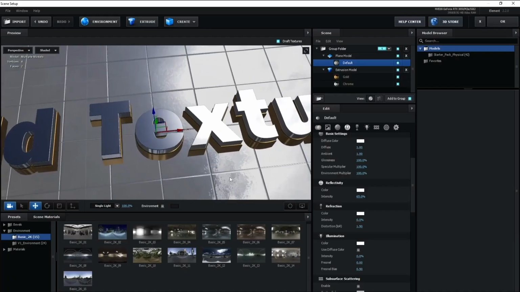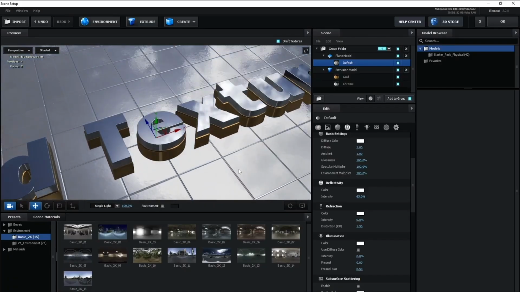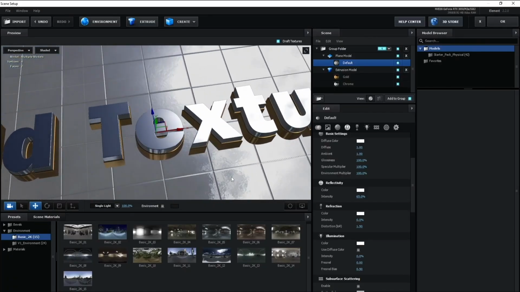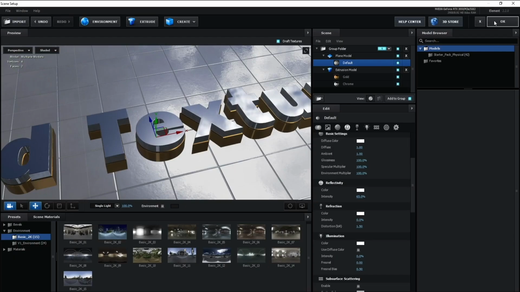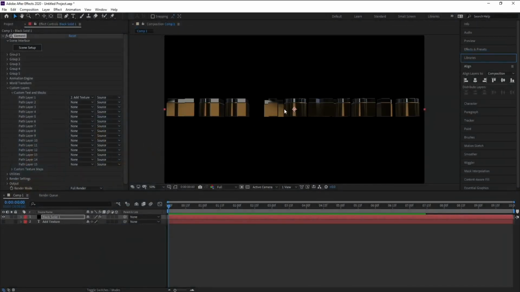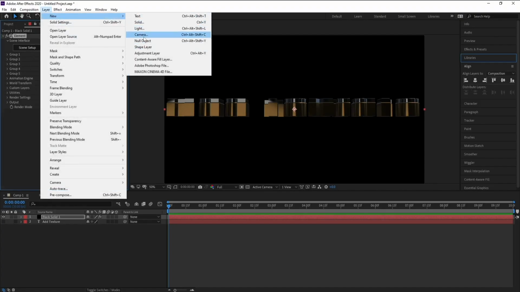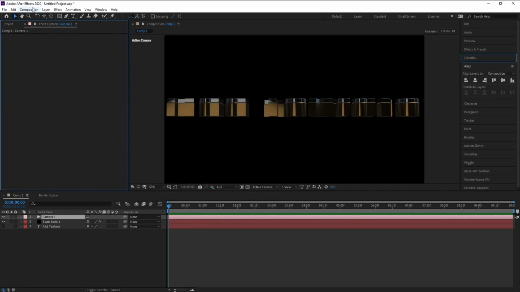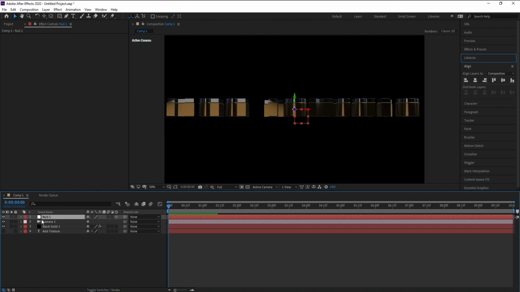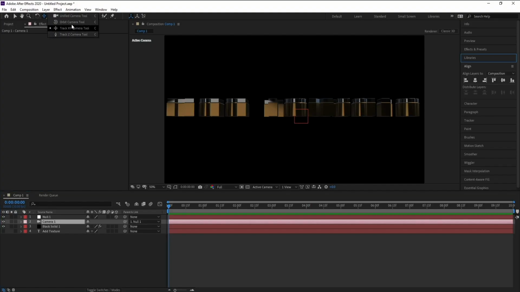Okay, I think it looks good to me. So now press OK and see. I'll go to layer and add a new camera. Also go to layer and add a new null object, make the null object 3D, and parent the camera with the null object. Then I'll go to the camera and use the orbit camera tool to